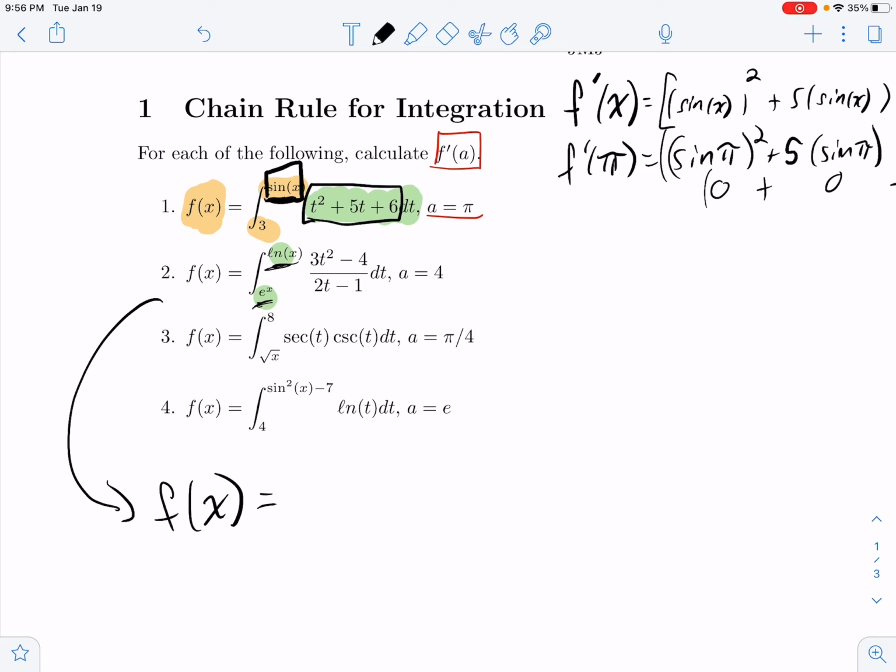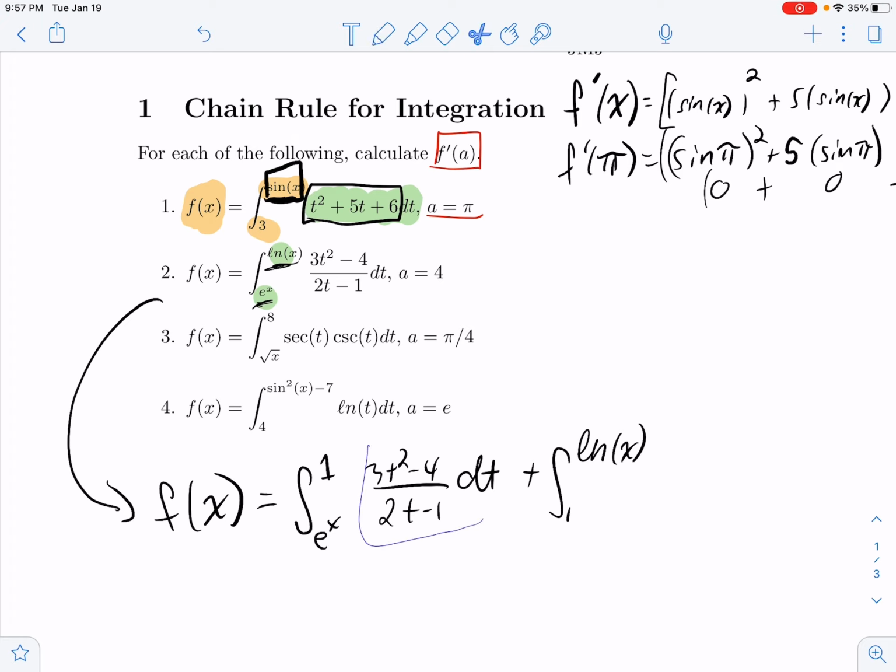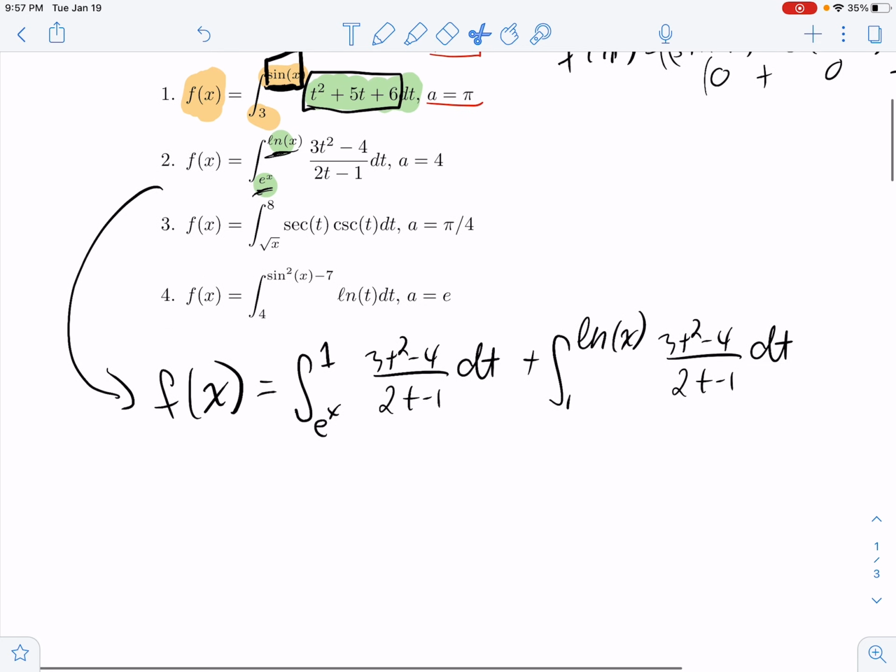So what do we have? This will be the integral from e to the x to 1 of 3t squared minus 4 over 2t minus 1 dt, plus the integral from 1 to ln of x, and then the same thing. Right, so I can split that up into those two integrals. Now this one on the right follows the same rules we've seen before, but this one on the left we can't quite do yet